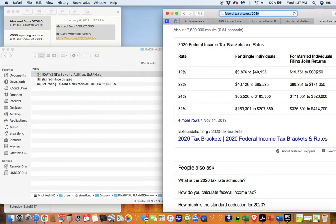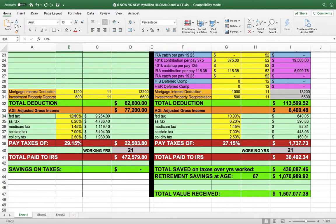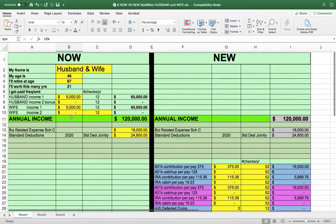So 19 to 20. It's only 12% for married. Okay. So you're here. I think we've got that correct then. Got that issued correctly. 12%. All right. So, if we can get your federal tax bracket, it's a lot of times as a couple taking